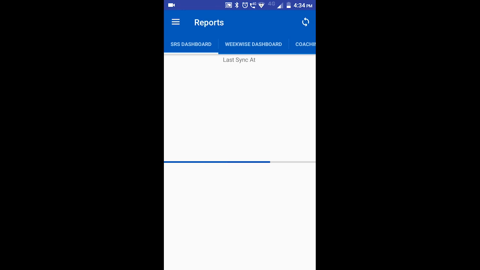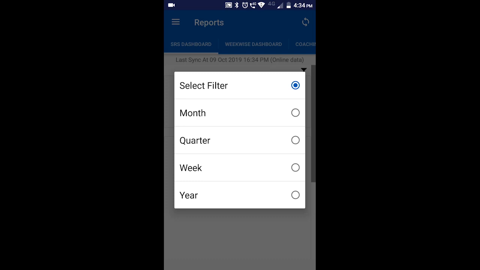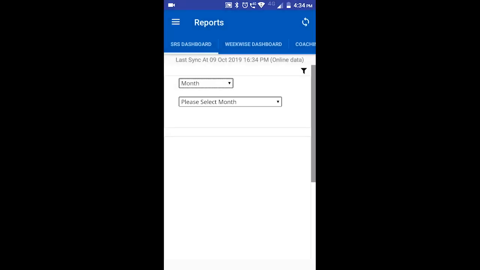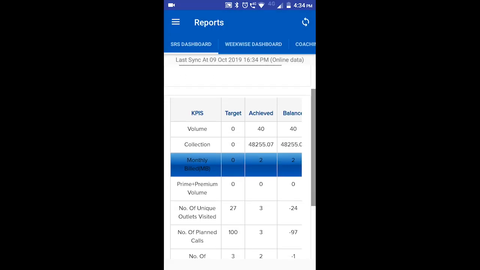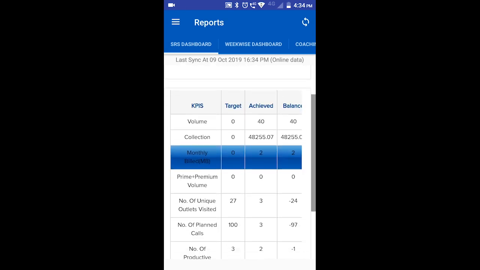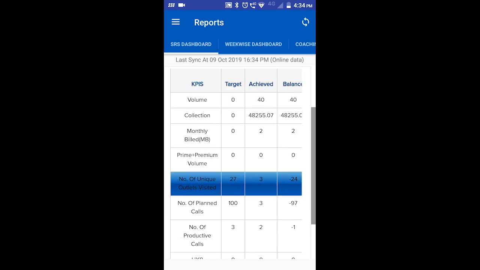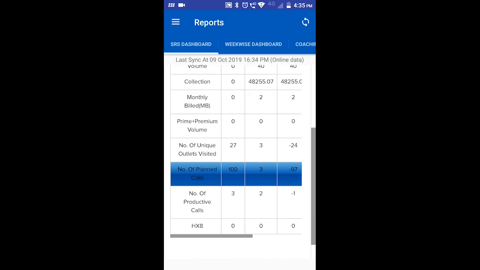You can click on the SRS dashboard, select the right filter that you need. Here I'm selecting month and which month you need the information for. Here, for example, in the month of August, you'll be able to see the various KPIs such as volume, collection, monthly billed, premium plus prime wall, number of unique outlets visited, number of planned calls, number of productive calls,